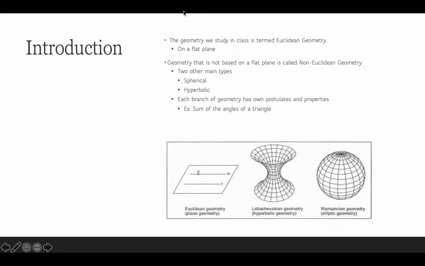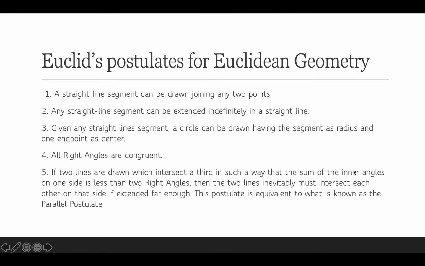And each branch of geometry has its own postulates and properties in order to point it out from one another or to identify it. So this is Euclidean geometry, hyperbolic geometry, and spherical geometry. So first, in order to identify the properties for each of the different types of geometry, I had to go through Euclid's postulates. And so for the first one, a straight line segment can be drawn joining any 2 points,